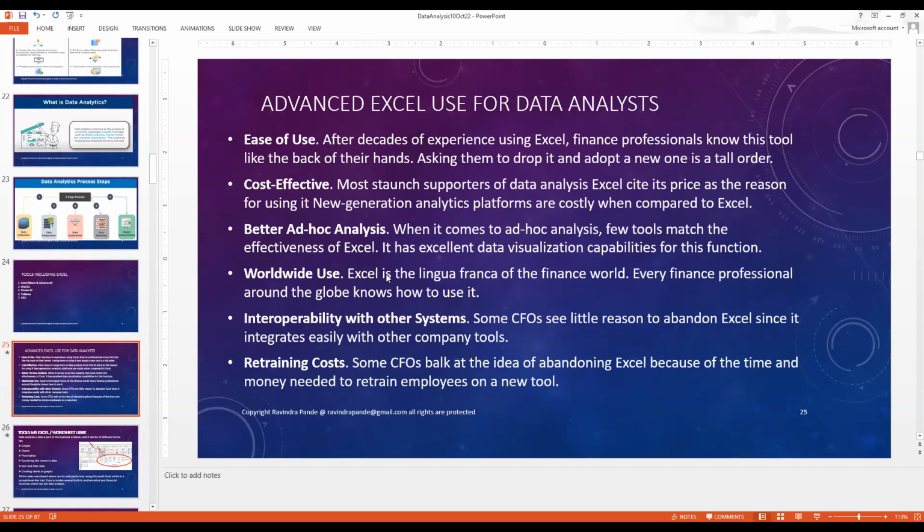And of course, yes, Excel has worldwide use. So anywhere you go, you can use Excel. Around 300 plus languages are supported. So if you go to Japan, China, and places like that, where they normally use their local language rather than English, you can still use Excel. It means you prepare the Excel in English and you can get it converted to the local language as well for the presentation.